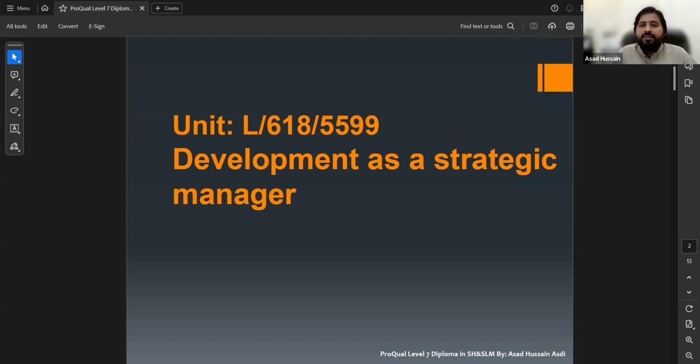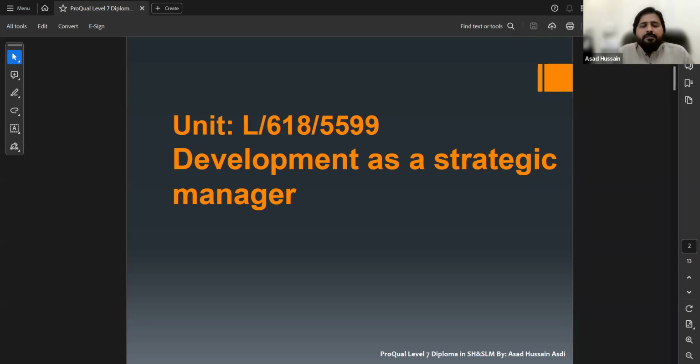What type of addition is there? The addition of developing new plans and implementation of new plans. So there are two phases: development of new plans and then implementation of that plan. It makes strategic management.